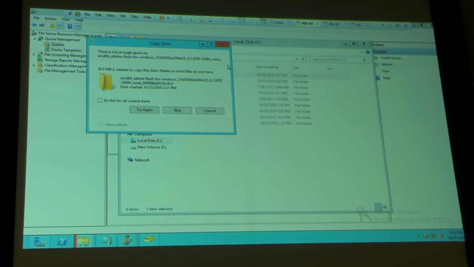okay, let's create that again. How do we create it? Create quota and then browse, and then let's go into the C drive, and then in here select the documents folder, select, and then right here define quota, and then custom, and here now it says it's for documents, and here we're going to say this is 10, and it is hard quota. And then here,